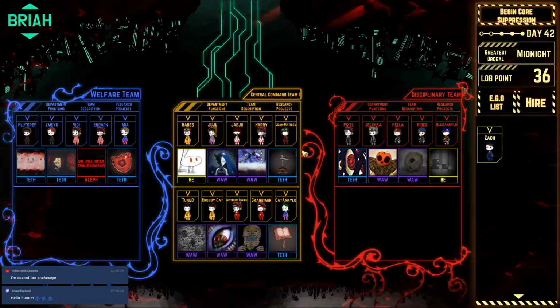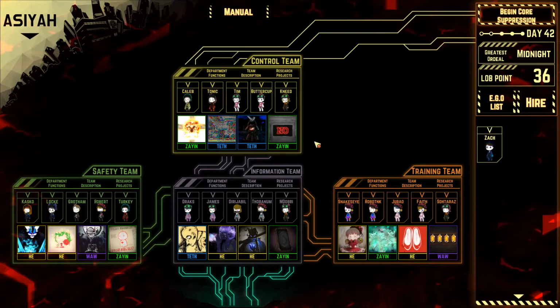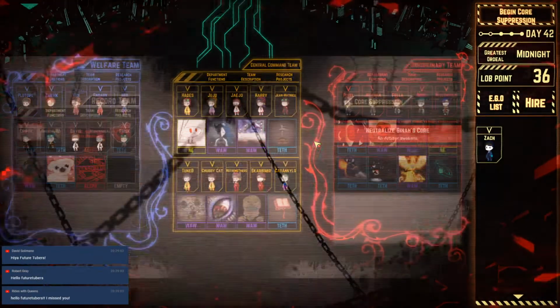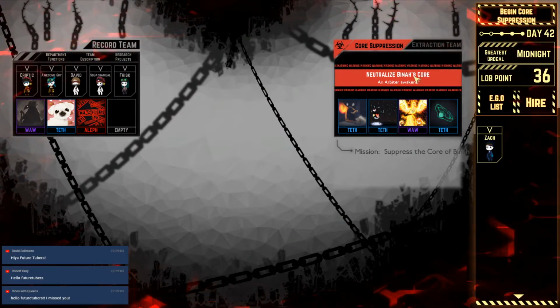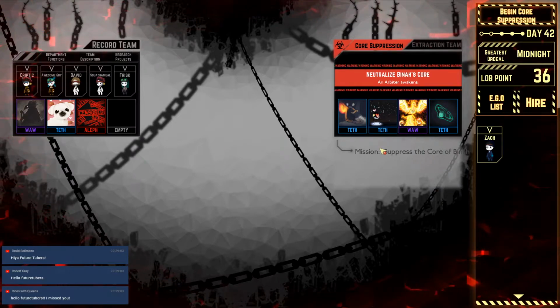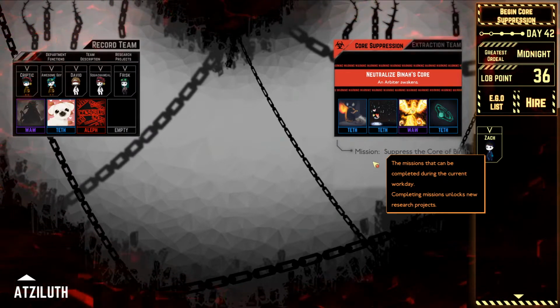It's been a while since the last time the future tubers saw the base. We've done a lot of work in between then and now. So the last episode should have been my first ever attempt at Bina's core suppression. You might notice we're not done that yet. So we're gonna do that again today, and just to catch you guys up a little bit, since then we've